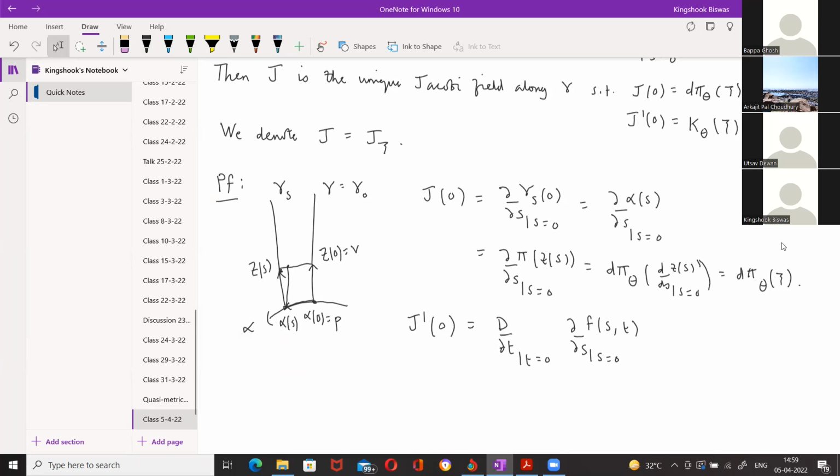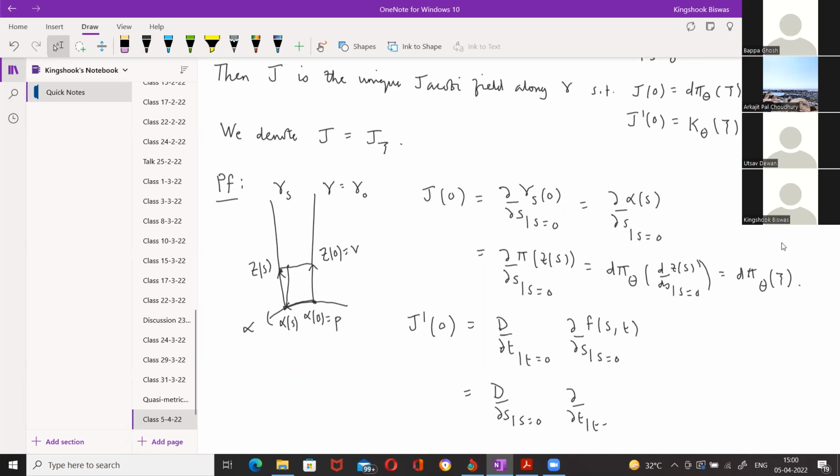Okay, now what can we use? I have d del t of del s. What should this be? These two commute. I can use the symmetry of the parametrized surface, right? So this will be the same as d del s at s equal to 0 of del t